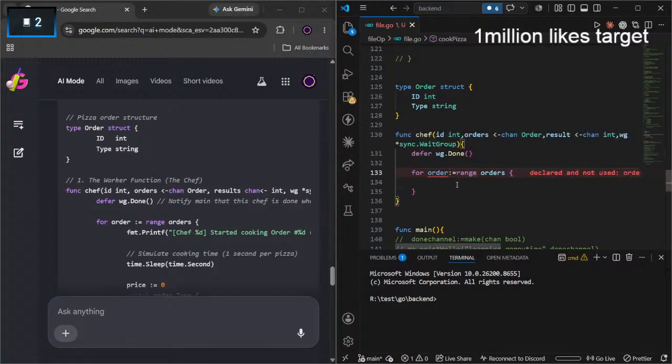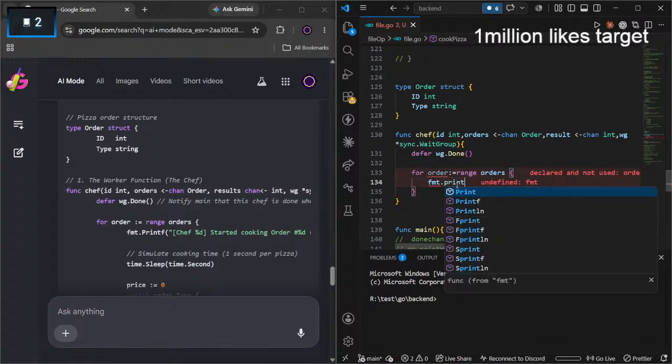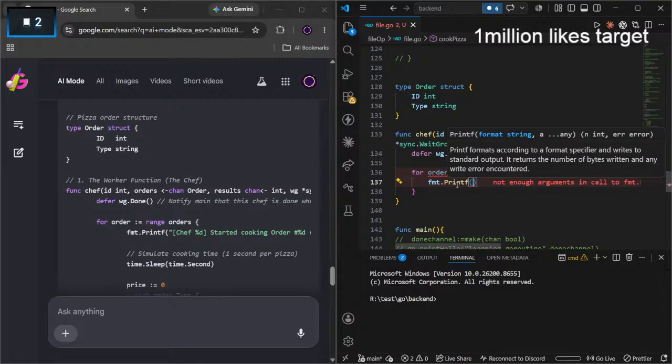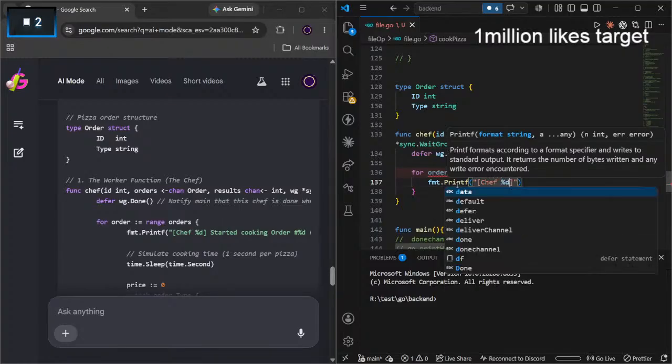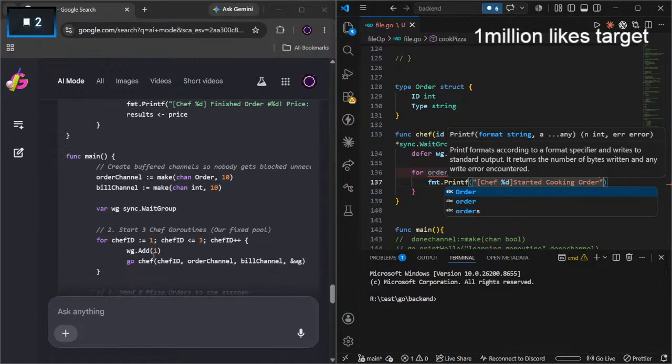Oh my bad. fmt.Printf. Chef %d is for digit, started cooking order. What?